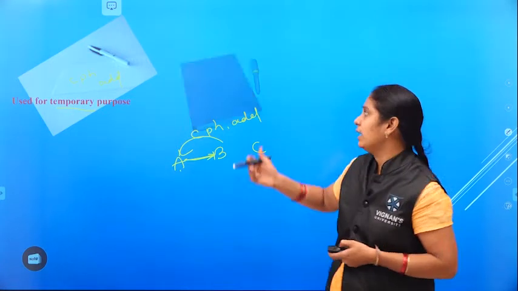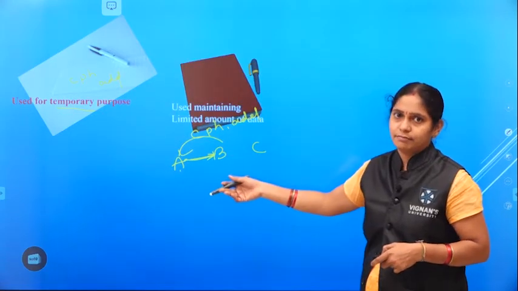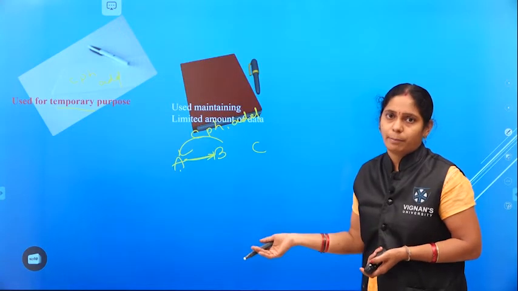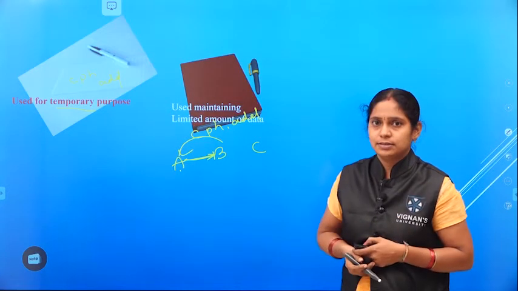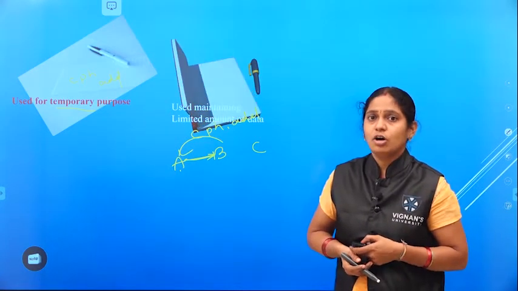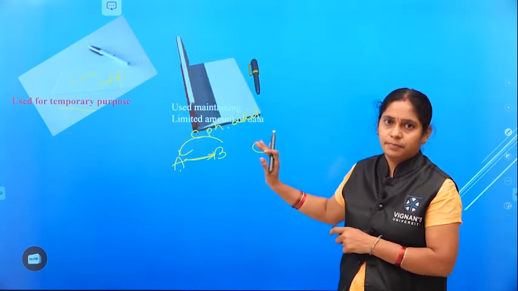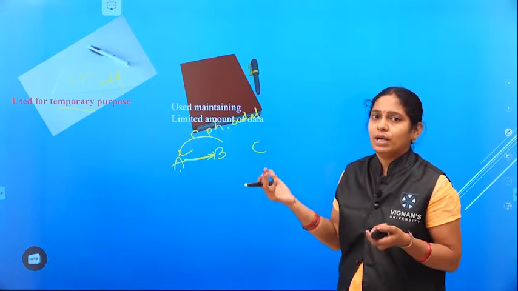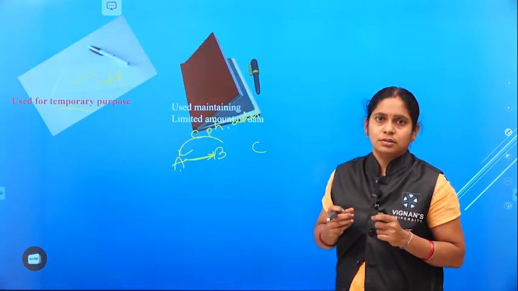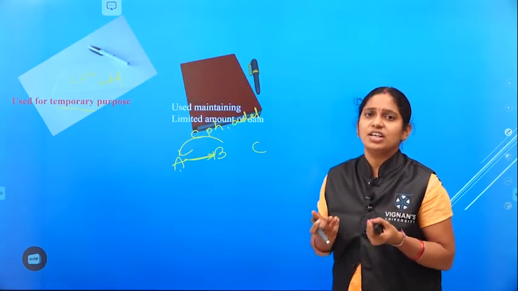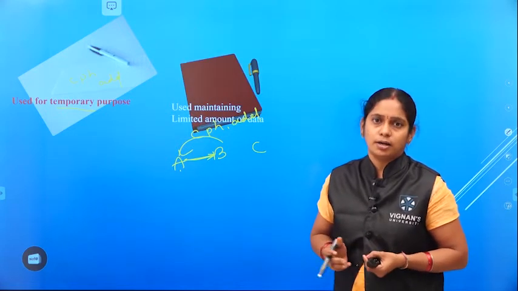In such cases, we take a book and maintain there the information that we want to keep for a long time. Then how long will this book last? When you keep that book for a long time, automatically the quality of that paper will degrade. It will be torn. So that is not sufficient. Sufficient in the sense that it is not that secure to maintain the details of our friends and so on.